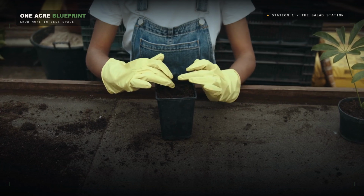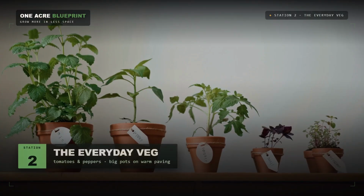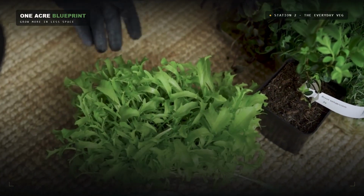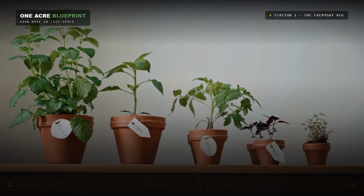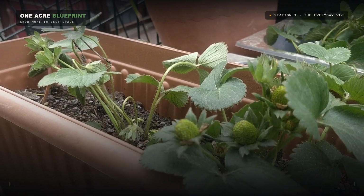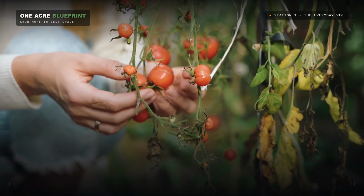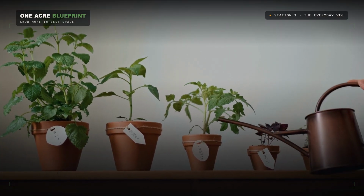Station 2 is the produce your family probably eats more of than any other. Station 2. Tomatoes and peppers, the everyday veg, in the biggest pots you can fit against that sunny wall. If there is one fresh thing a household runs through all season, it is tomatoes, and the supermarket version is the biggest letdown in the store, bred to survive a truck, not to taste of anything. So this is the crop where growing your own is the most dramatic jump in quality you will find anywhere